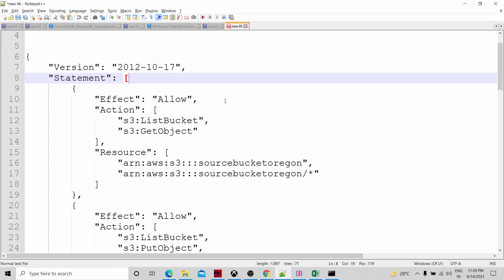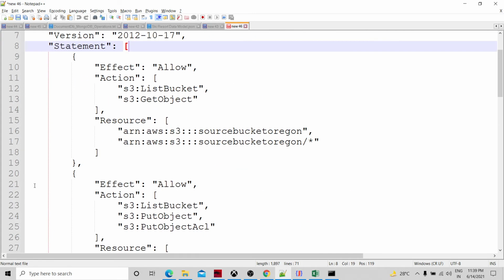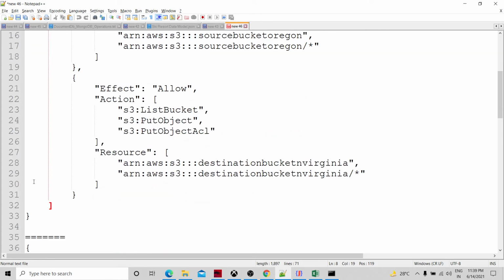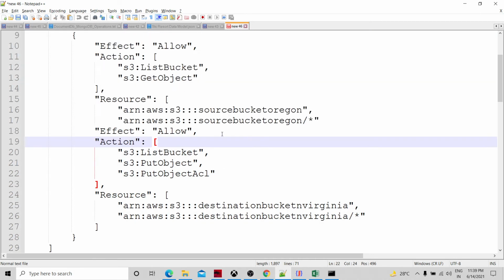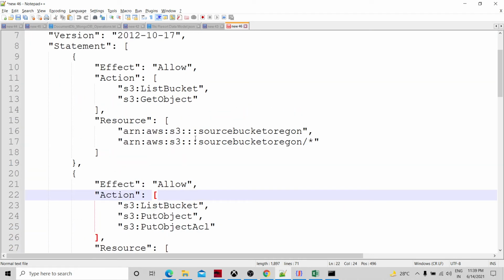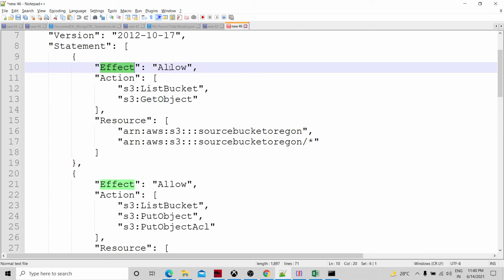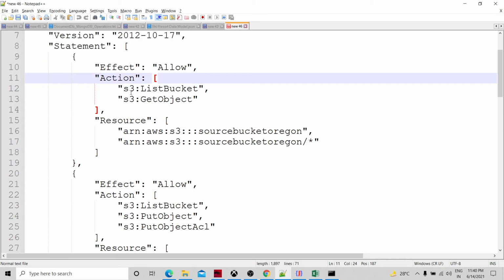What you need to do is this, the user policy for the source user. I need to allow list object and get object for the source bucket. I need to allow the source user certain operations. The effect is allow, and the action is S3 list object.